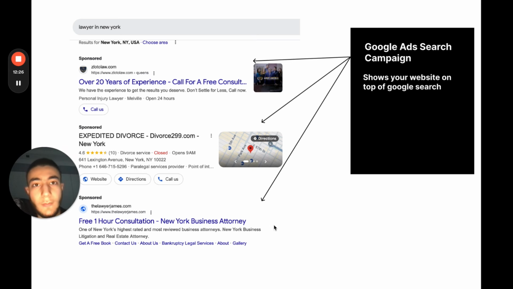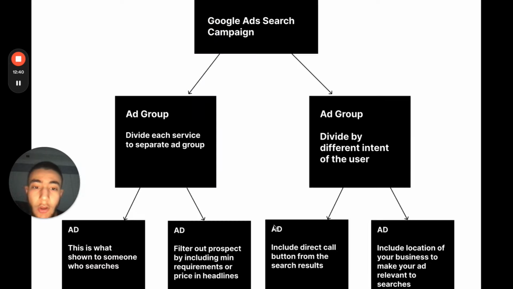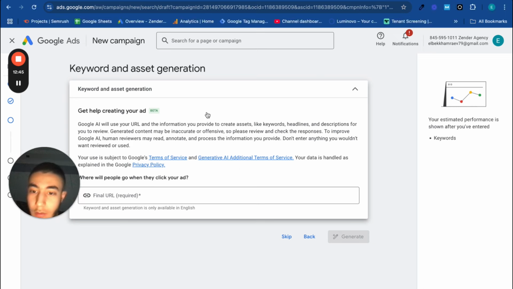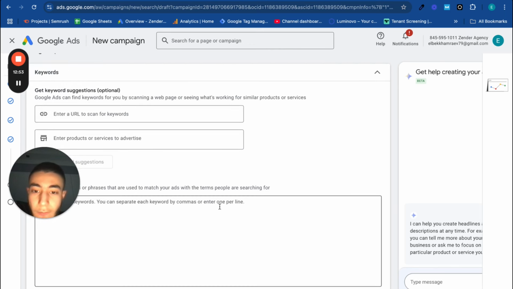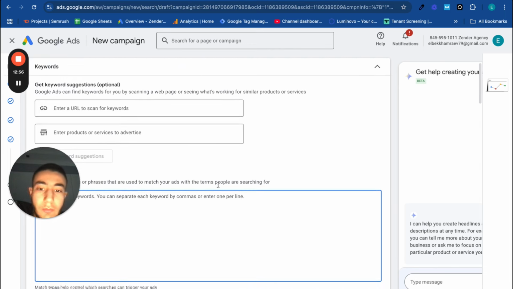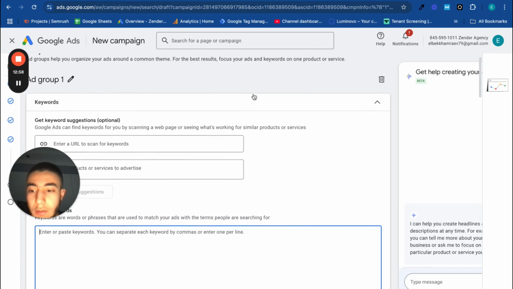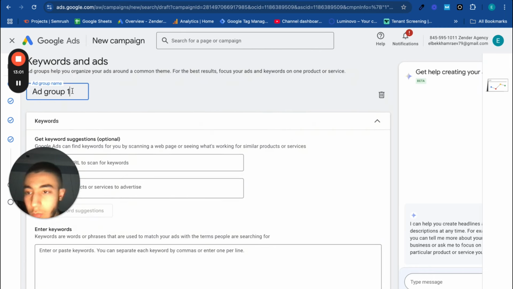So basically, the function of the ad is to filter out people and get you only high intent people, just to make a conversion. So now let me go back to the creation of the keyword and ad groups. Now, for our first ad group, it's going to be just one service. You can add ad groups later, but for first creation of the campaign, you want to choose just one ad group. We're going to name this ad group the plumber,